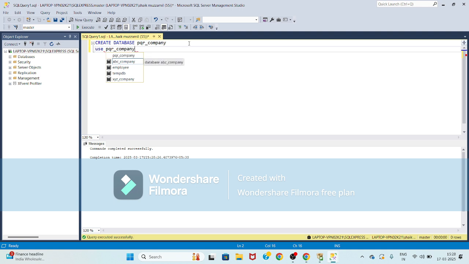I had saved ABC company and employee company, so it is coming like this. So use pqr company, and again when you type this, you have to execute it. When you execute this, pqr company has been saved here, which means it is already executed, so we can make any changes in this table.